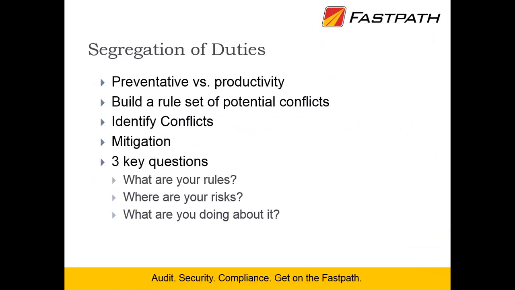So one of the things that you have to do is build a set of conflicts. And this is a challenge for a lot of people. It's, well, okay, I do a segregation of duties analysis, but I don't even know what rules I'm looking for. Everybody knows you shouldn't be able to create a vendor and then print a check, create cash and walk out the door with the check. But there are several other rules. We have a Fortune 50 client that only has 11 rules in their segregation of duties rule set. We have another client that has over 600 rules. So what you need to do is build a rule set that works for you.